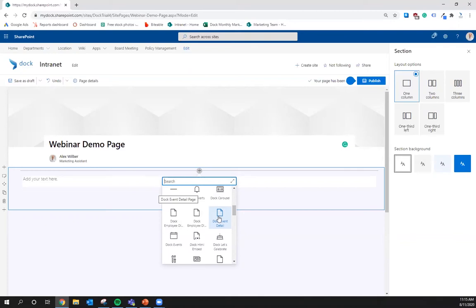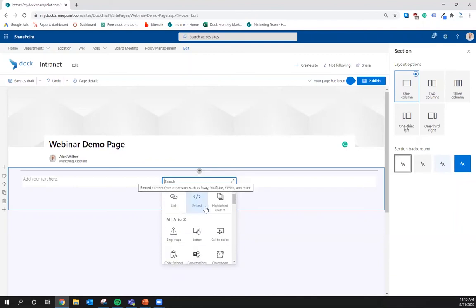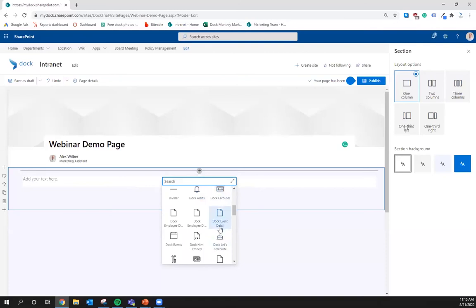But back to the point, like I was saying, some of the ones that you're seeing right here aren't going to be showing up in out-of-the-box SharePoint. So I'm only going to be covering what you'll be able to get in out-of-the-box SharePoint. To belabor that point. So let's go to the